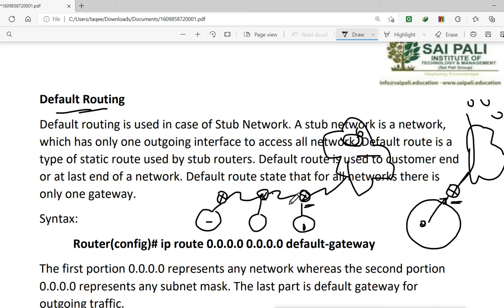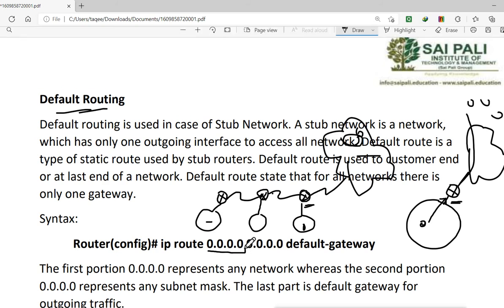Now what is default routing? Default routing is very simple. It is static routing, but instead of a specific network, we mention the network 0.0.0.0, which means simply any.